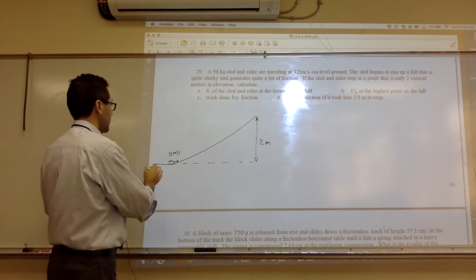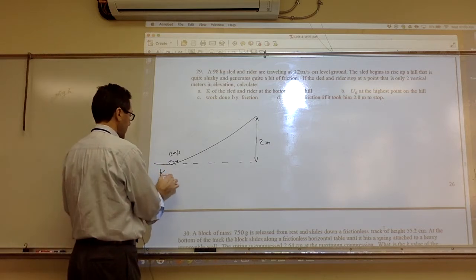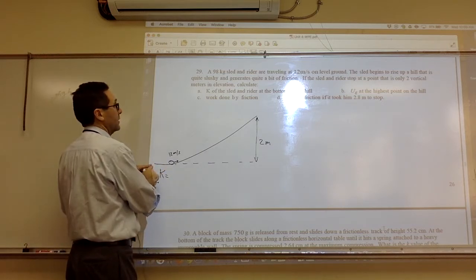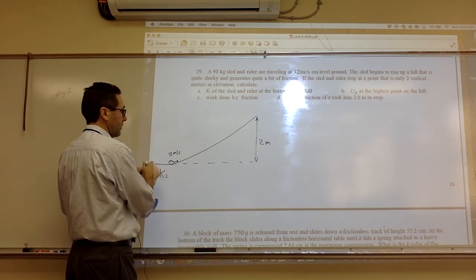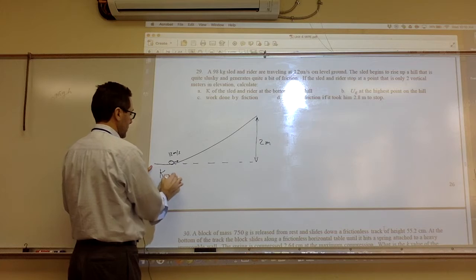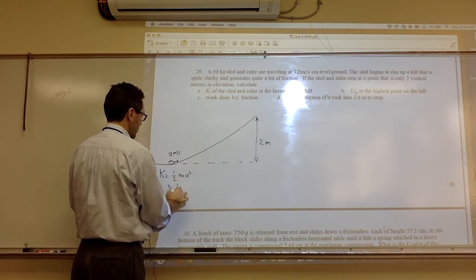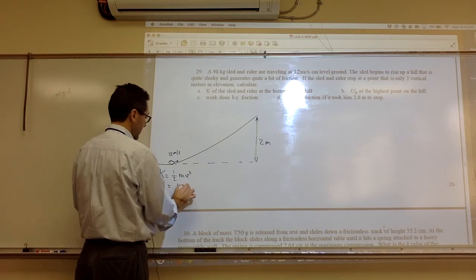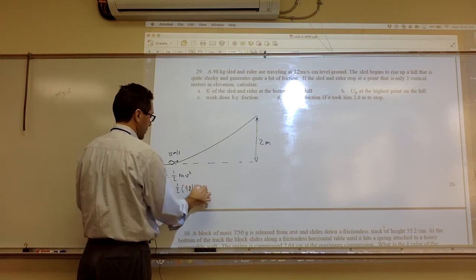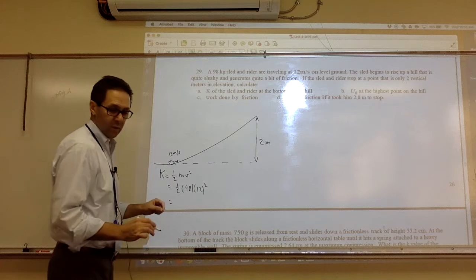So now we need to find the K at the bottom. I'm going to consider the bottom as the reference for gravitational potential energy. So that's going to be just 1/2 mv squared, so it's 1/2 times 98 times 12 squared. And that should give us